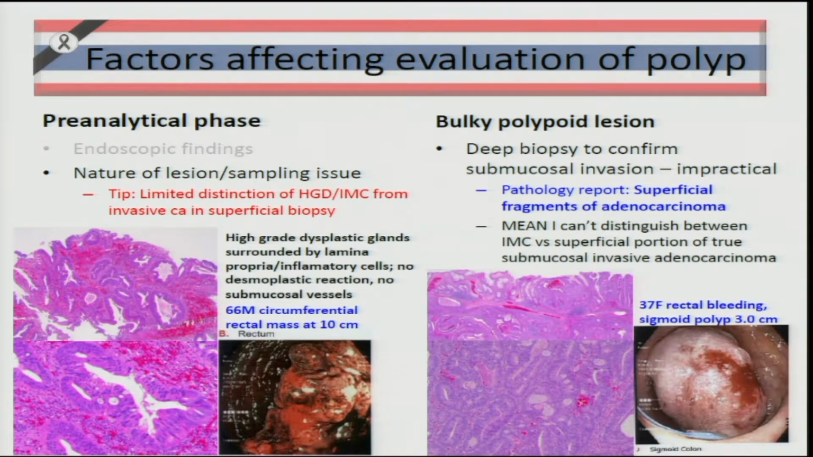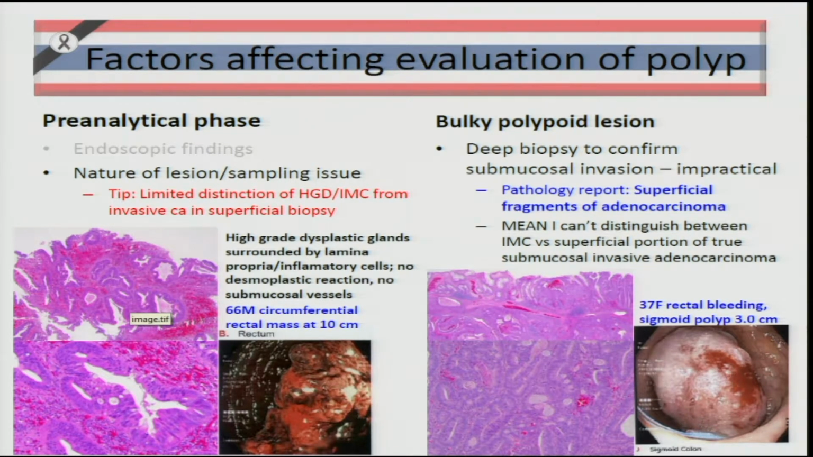And this is one of the problems that commonly happen in everyday practice. This is an obviously malignant lesion for you, but it could be subtle for pathologists. When you see dysplastic glands infiltrating in a hemorrhagic or inflamed lamina propria, and there is no muscularis mucosae, there's more plastic reaction. So I would go with superficial fragments of adenocarcinoma. That means I cannot distinguish between intramucosal carcinoma and the superficial portion of a true invasive